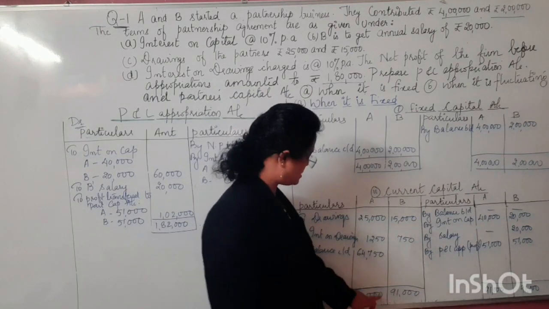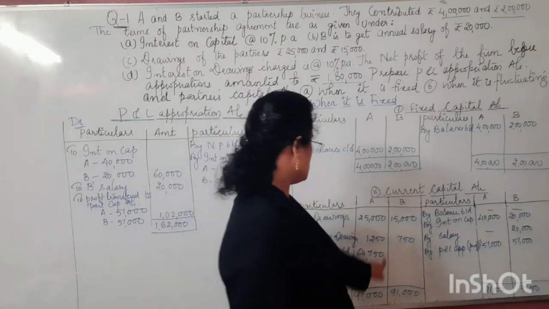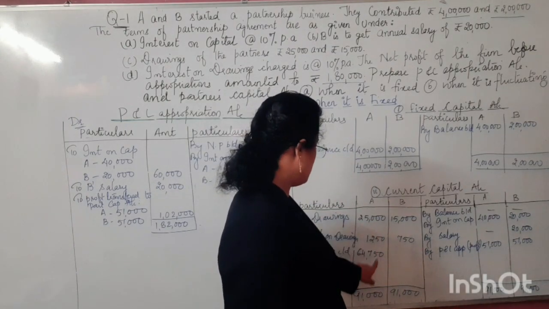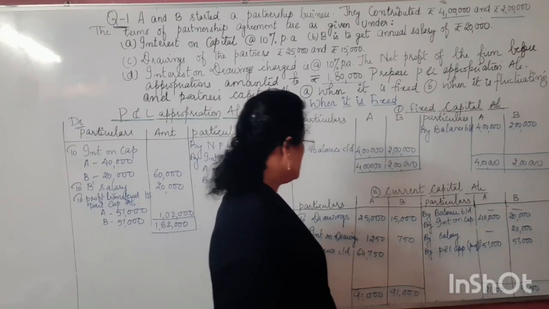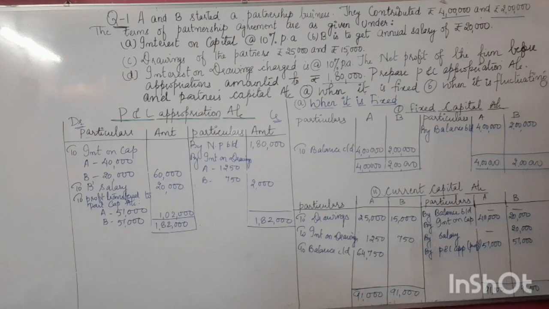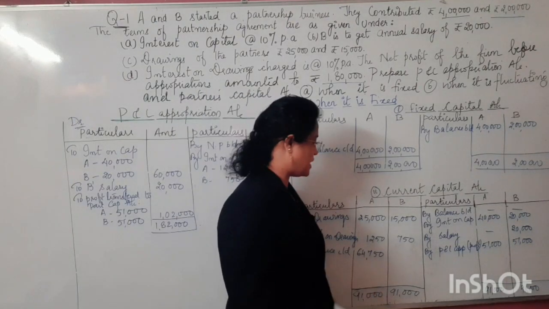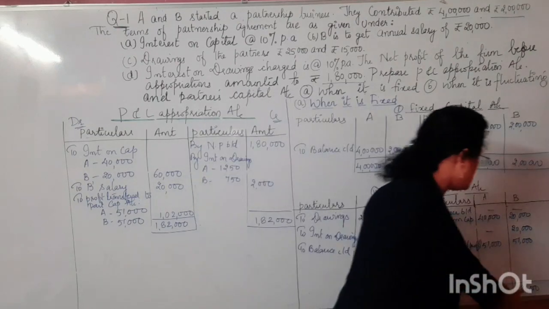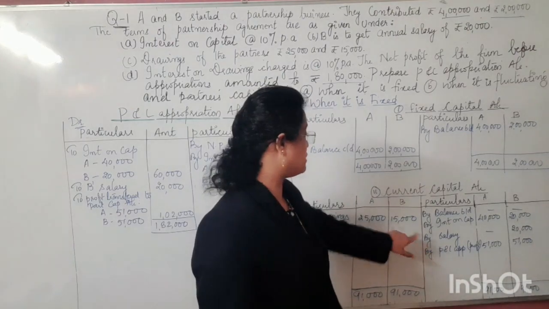Okay children, whenever you are doing this, after writing the balance carried down, just do the total of these 3. If it's coming equal to this, that means your answer is correct. So we can check it also. So this is 0, 5 plus 5, 10. Then here also 0. Then 5 plus 4 is 9, 9 plus 1, got it here. Then 10 plus 1, 11, 1 carry, 6 plus 2, 8 plus 1, 9. Hence this is correct.